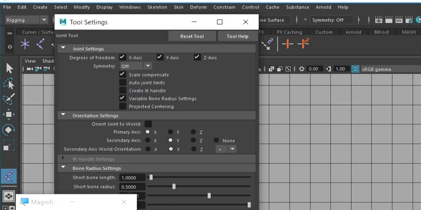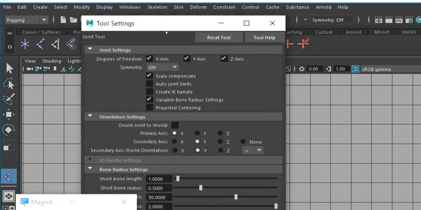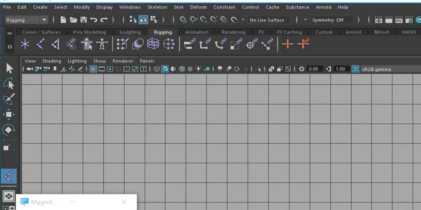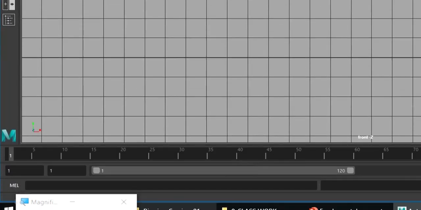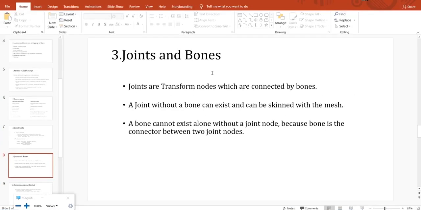Before creating a chain of bone structure using joints, whatever tool we take in rigging, before that we should reset the tool. I'm closing it and you can see in these key points what explanation is given.